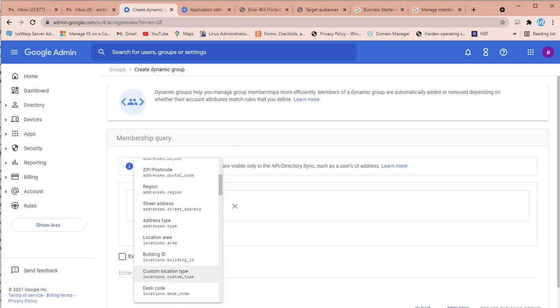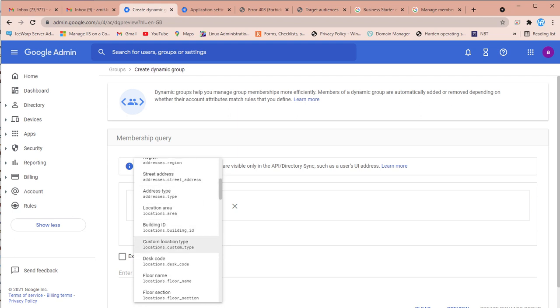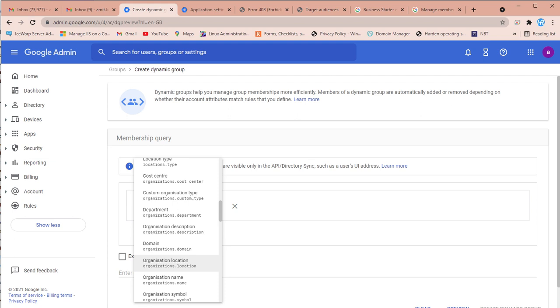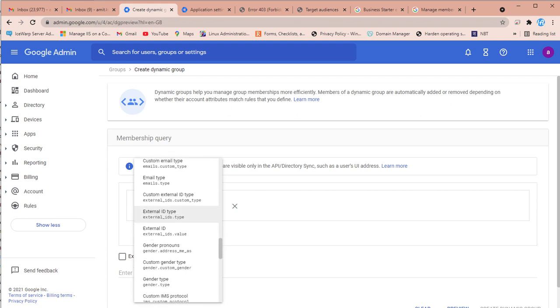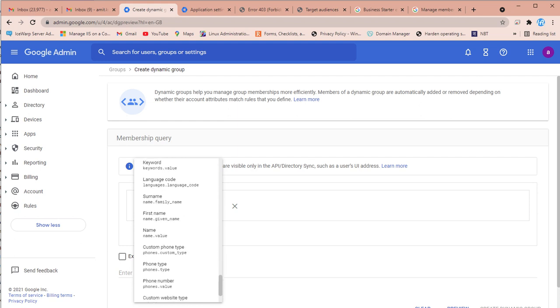Conditions means if your condition matches multiple users, all of them will be added in this dynamic group automatically. So we'll select the conditions like department,